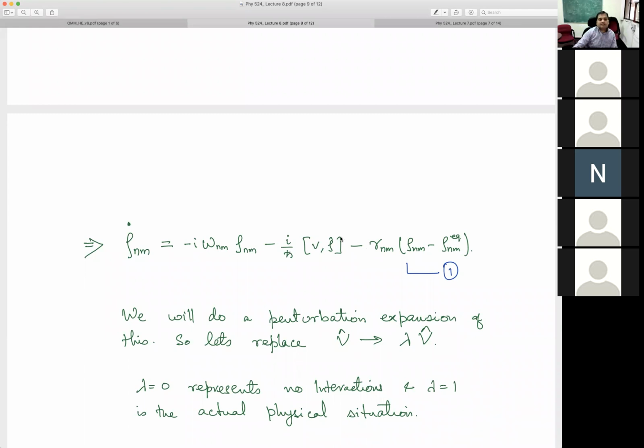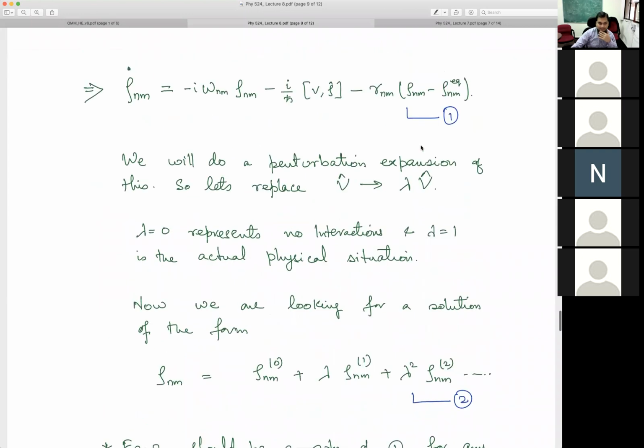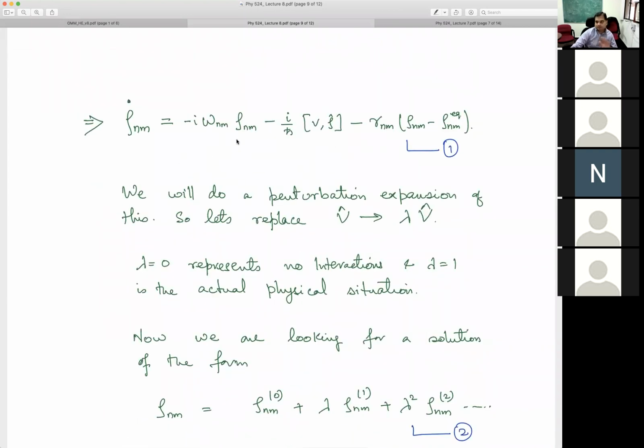So now let's do a formal way of doing perturbation theory, etc. So just to keep things mathematically tight and exact, etc., I'll use a trick. Okay. So let me write V as lambda V. And there's a reason I do it. I'll not compromise on any mathematical rigor by doing this. In fact, I'll make things more rigorous actually. But there's still a trick, a mathematical trick. So lambda V. And the advantage is that lambda equal to 0 will represent no interaction state, and lambda equal to 1 will represent the actual physical situation in which the full interaction potential is in place.